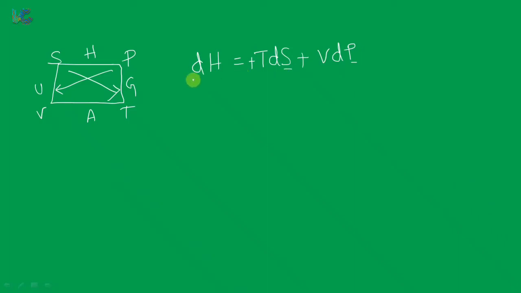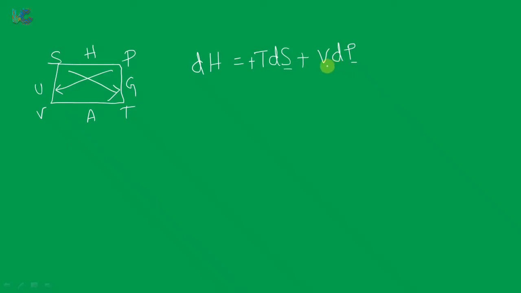So from the Born thermodynamic square also, you are getting the expression dH is equal to TdS plus VdP. In whichever way you want to do it, the final result is that dH is equal to TdS plus VdP. You can do this from the mathematical definition of enthalpy, that is H is equal to U plus PV, or you can use the Born thermodynamic square, the mnemonic technique, and you will get the expression for dH. So dH is equal to TdS plus VdP.